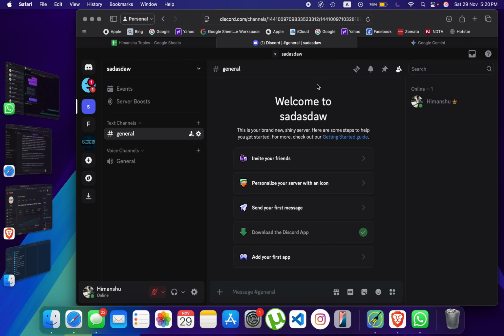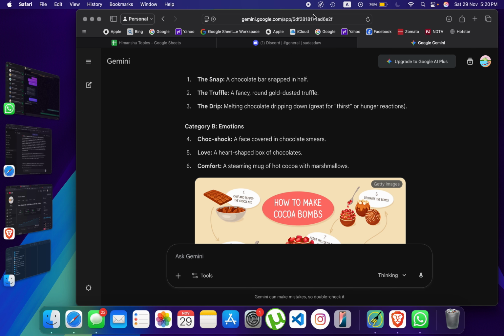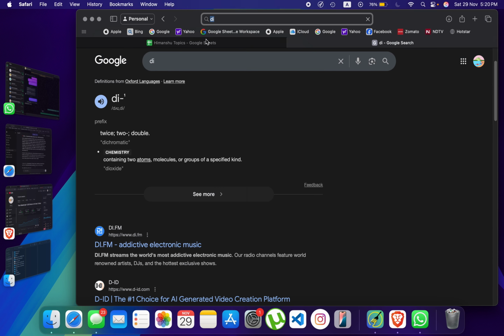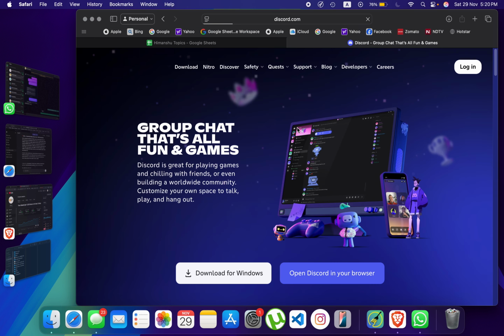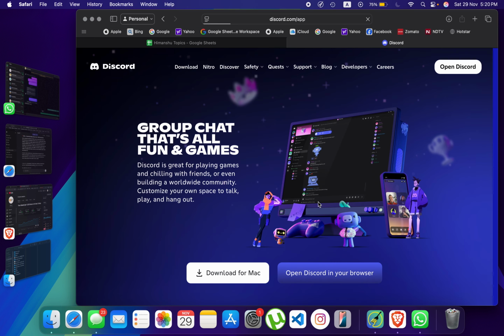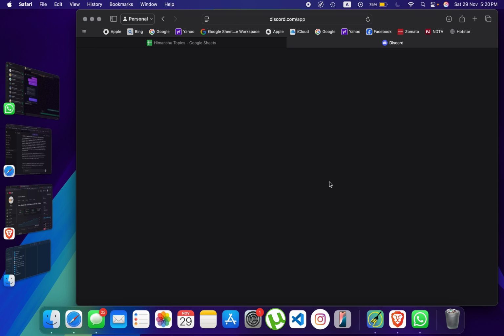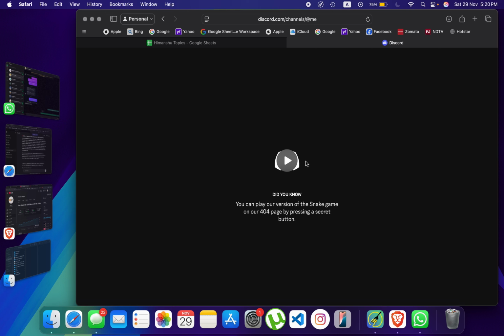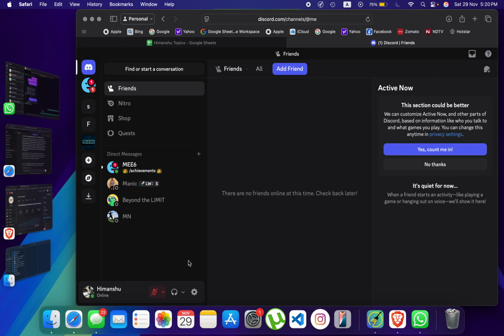Simply go ahead and open any browser that you prefer using and head into discord.com, or you could also simply go ahead and open the application itself. So I'm just going to go ahead and open Discord on my browser and make sure that you are already logged in into your account. Once you've done that, all you need to do in order to go ahead and schedule events